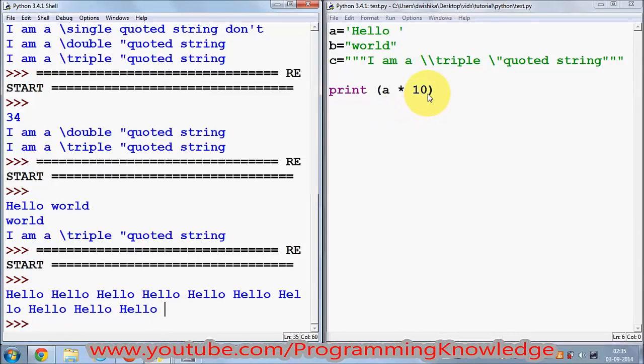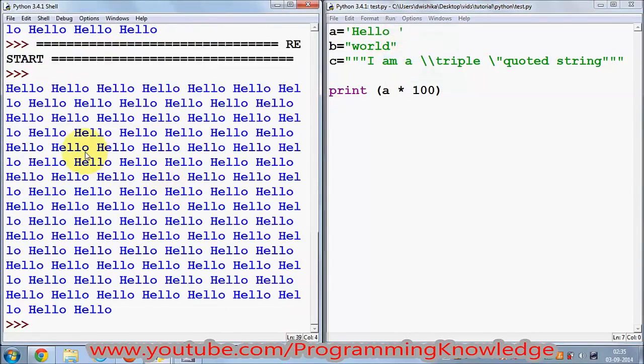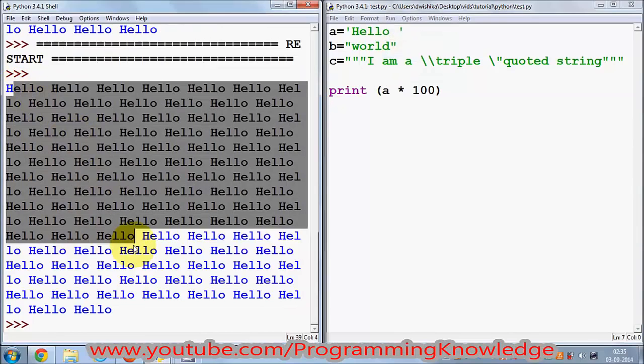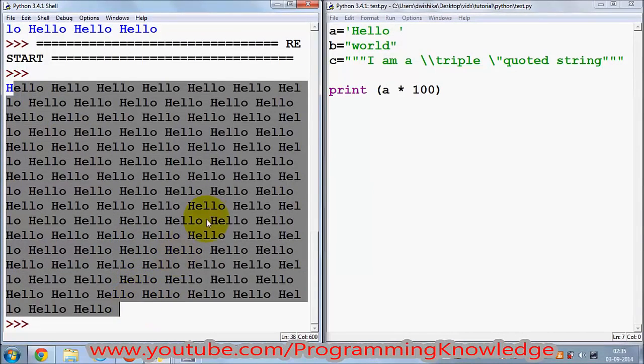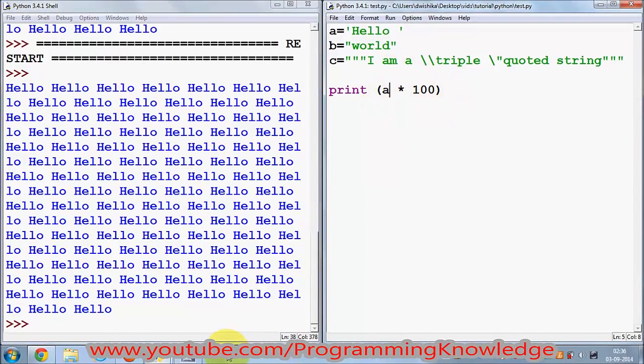I can change it to 100 and it will print hello 100 times. Just run it. Now you can see it has printed this hello 100 times, right? This is a short way of printing your same string again and again. Okay, now